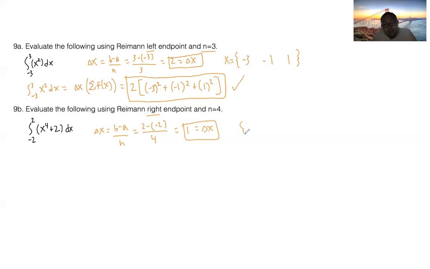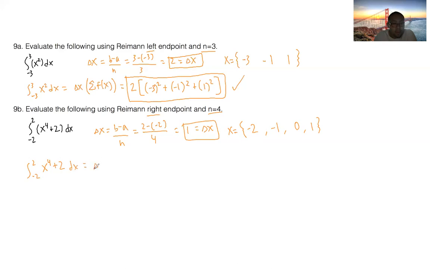Given that, our sample inputs are going to range from negative 2. Add 1, it's going to be negative 1. Add another, it's going to be 0. Add one more, it's going to be positive 1. Okay, and now you have 4, 1, 2, 3, 4 samples to represent your 4 subintervals. So now same thing. This interval from negative 2 to 2 of x to the 4th plus 2 dx is